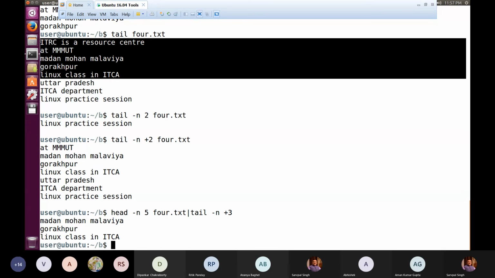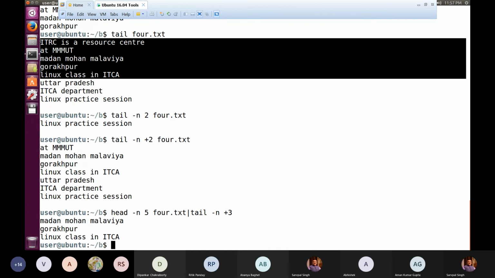When we are asked to use the tail command to display, by default it starts from the bottom side. But since it has an additional facility of writing plus number, that means it can also start from the top, but from that particular line onwards. When we write plus 3, that means 3rd line onwards. So we are exploiting this feature, and none of them is actually executed in the way